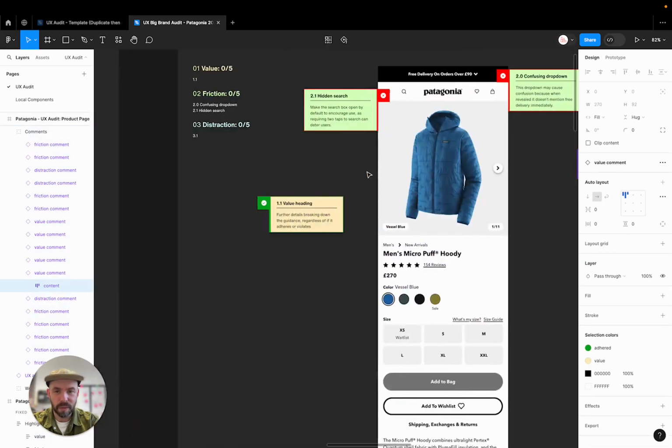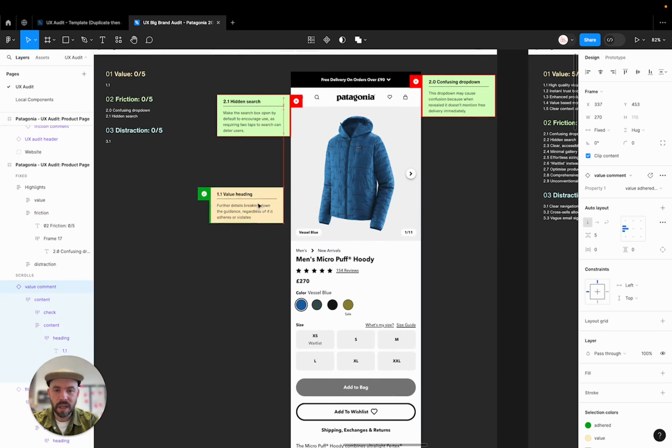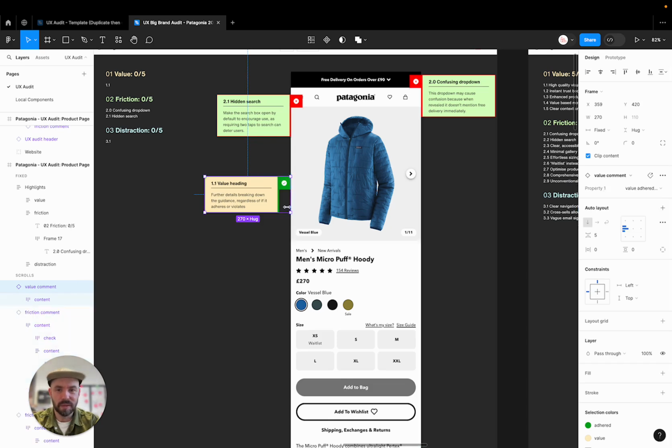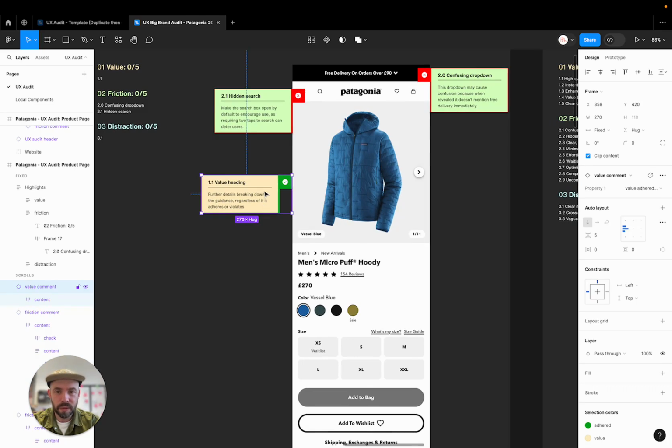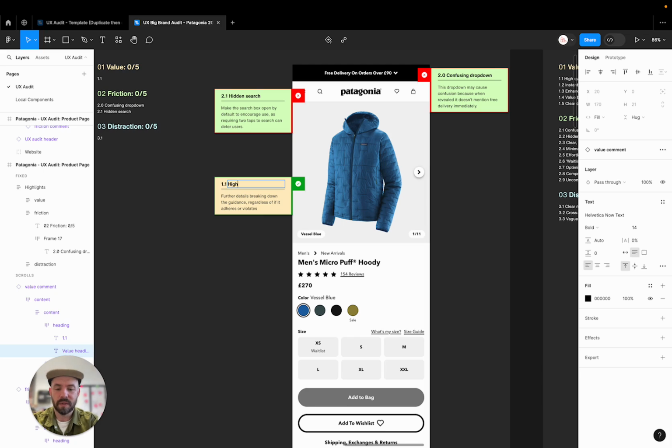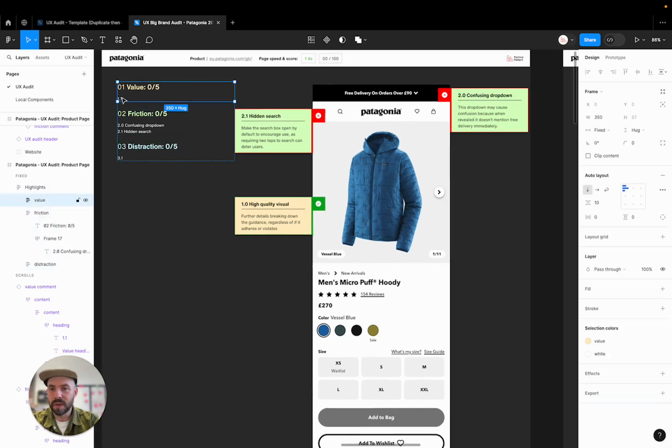So I said something about high quality visual, and I want to put this on the right hand or the left hand side with a right hand little label there, and it's adhered to. So then the value adhered right. So pop that in there, and then I'm going to put high quality visual. I won't type the rest, and then this will be 1.0. And so I can put in here